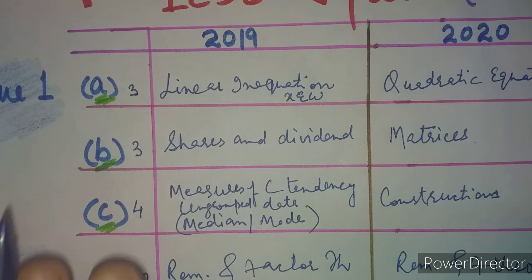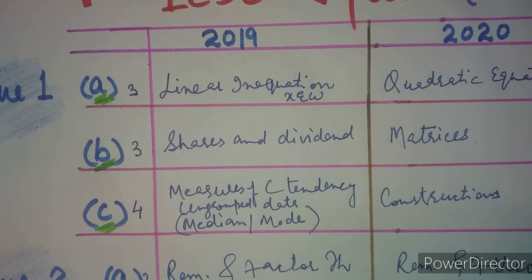One point I missed somewhere here: whether the question is from constructions or from the measures of central tendency, one thing is definite about section A. The difficulty level of the section A questions will be quite low, so that you start properly and with ease. But surely the person who has full confidence and has done full revision would be able to get 40 marks out of 40 in section A. So go for it. Don't worry at all, give your 101% and surely you will be successful.